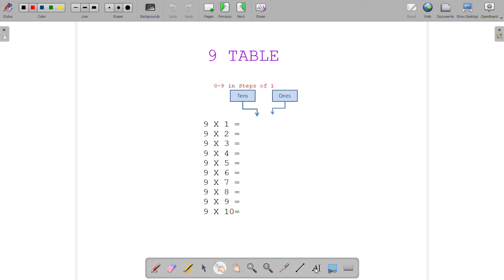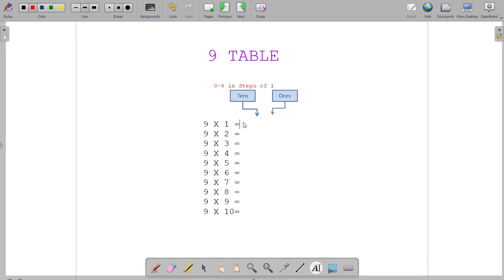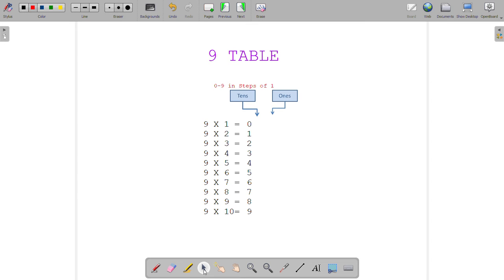So now let us write the tens digit of this result. So this is how we have to keep writing from 0 to 9. Once we are done with writing the tens place, let us look at the ones place. To write the ones place, we have to decrement by 1 starting from 9 to 0.